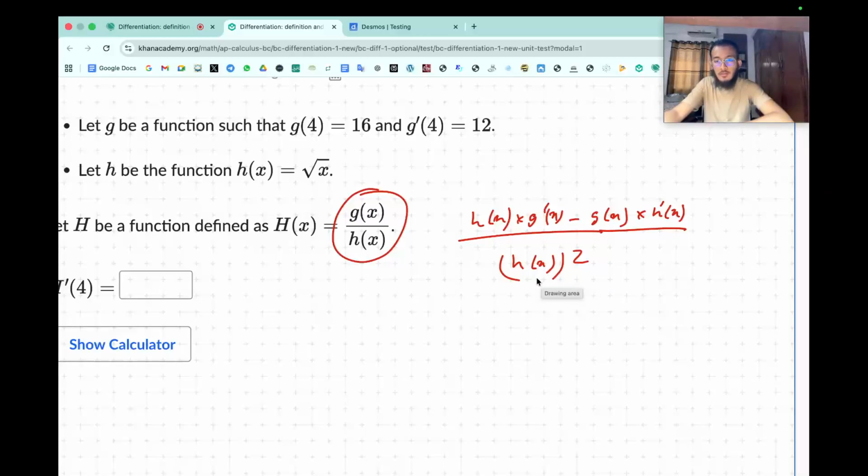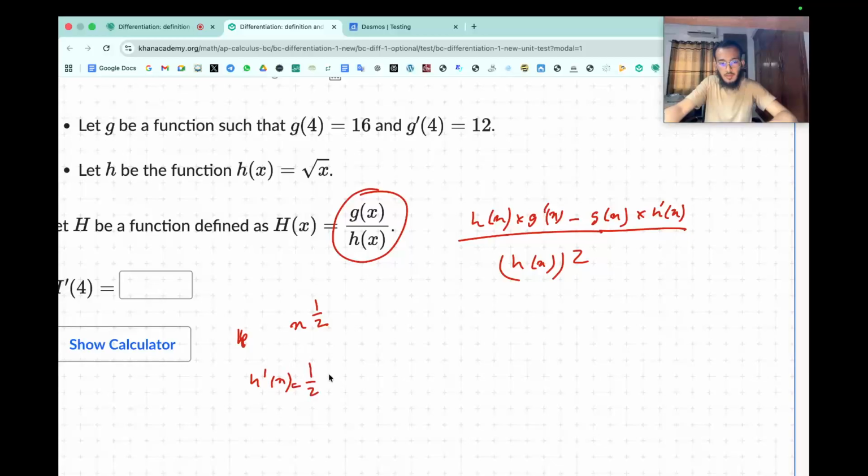So h(x) times g'(x) minus g(x) into the differentiation of h, which is h'(x). Now we know that h'(x) would be